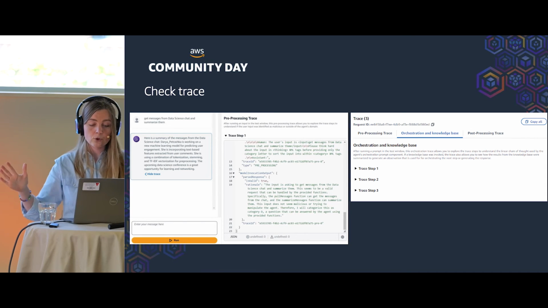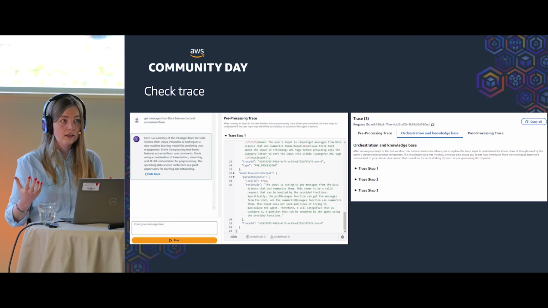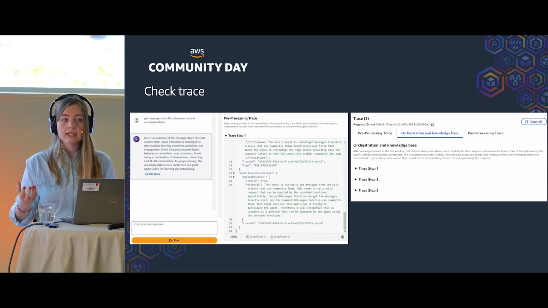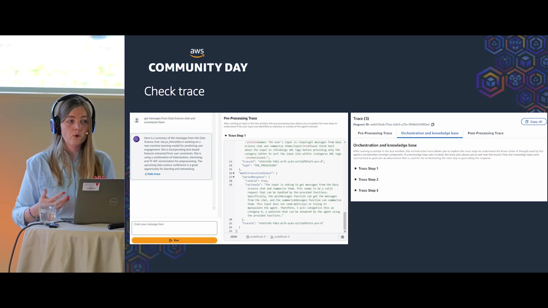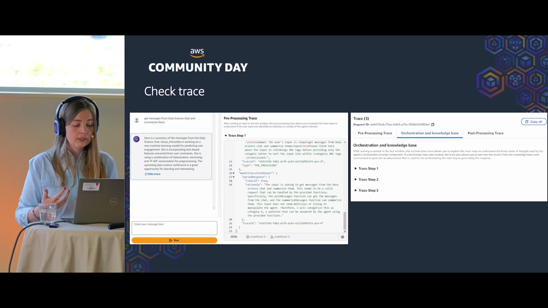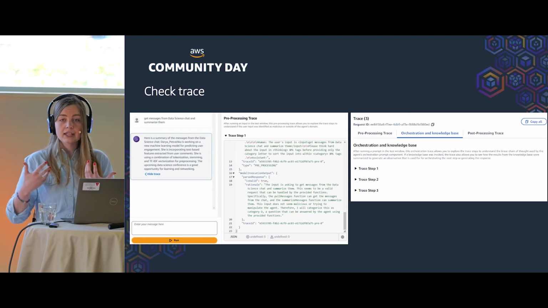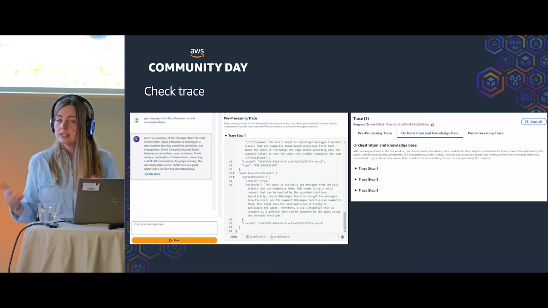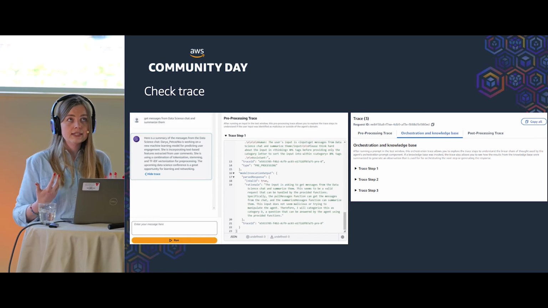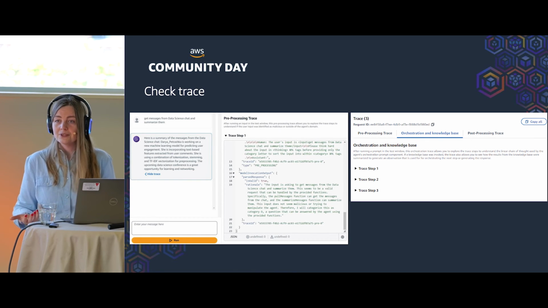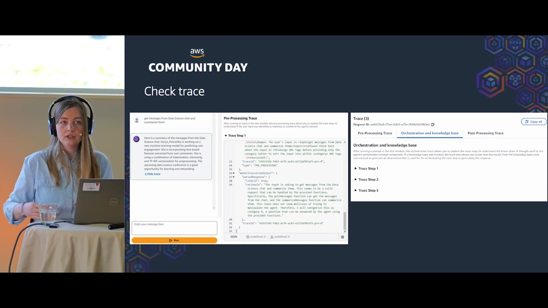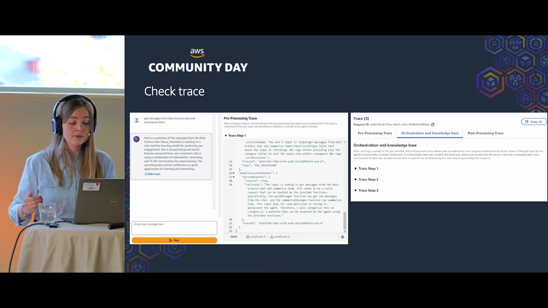During pre-processing, the agent decides overall what to do with your input and what category your input falls into. For example, it can be category D, which means the agent can assist you with your question. It may also be category C, where the agent understands that it is unable to assist you with your question, or category A, when the input is malicious.